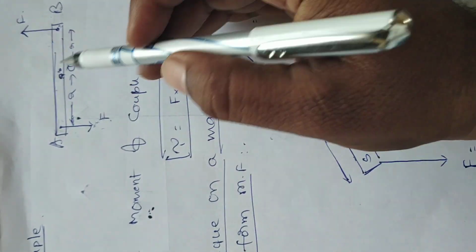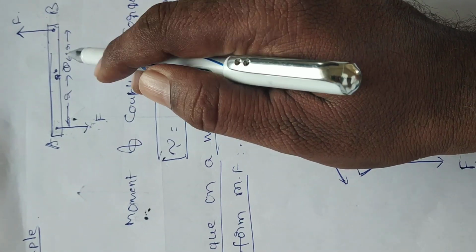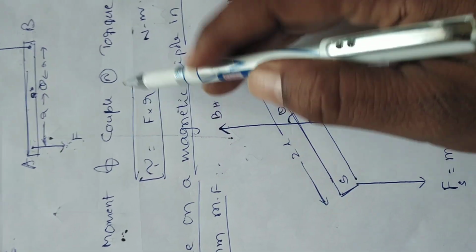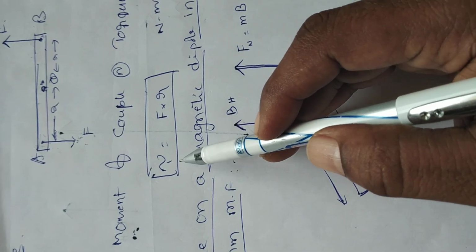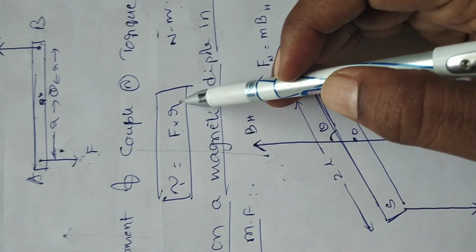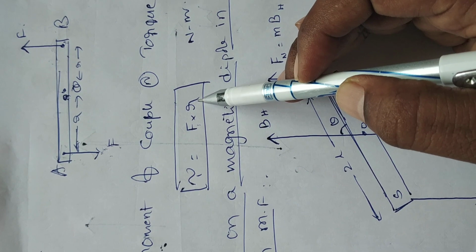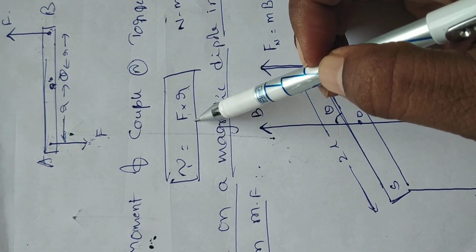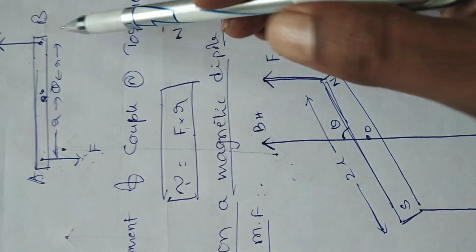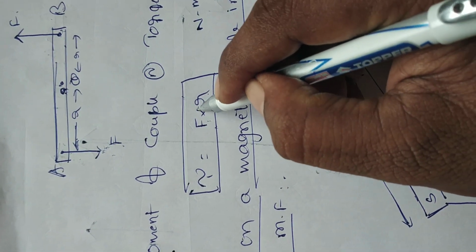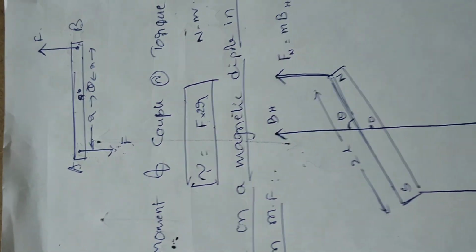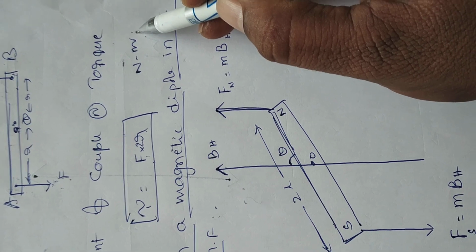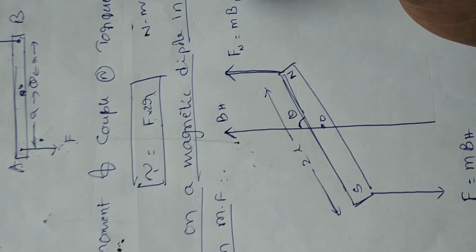So if the body can rotate about the point, a turning effect will be produced inside the rod. Now the moment of couple is also named torque. It can be defined as tau, which is nothing but the product of one of the forces and the perpendicular distance between the two lines of action of the forces. One of the forces means F. The perpendicular distance between the two lines of action of force is here 2r, that is r plus r equals 2r. The unit of torque is Newton meter. Right?